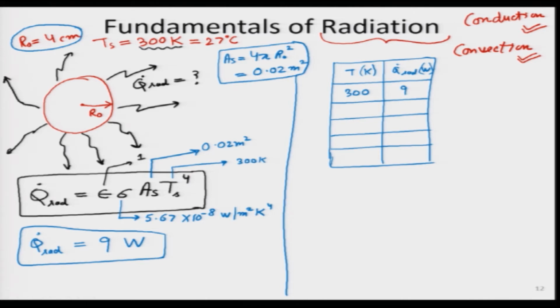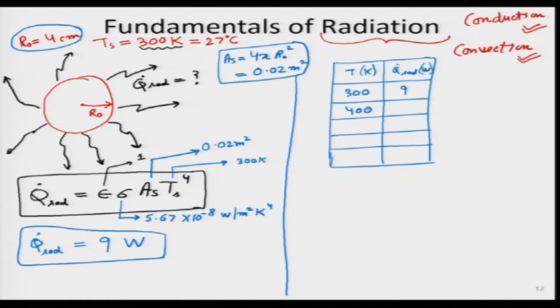What if it was at a higher temperature? Because the radiation losses vary as T to the power 4, we will expect that it should increase much faster. So, let me just create that table. If this temperature is about 400 Kelvin, which is roughly, I can put some centigrade numbers over here as well, 127 degrees centigrade. So, much higher than the steam temperature at 1 atmosphere. So, I get somewhere about 28 watts. Let me increase it by another 100. So, this is I think 227 degrees, then it goes to 69 watts. So, we are seeing a substantial increase in the rate of radiative heat loss.